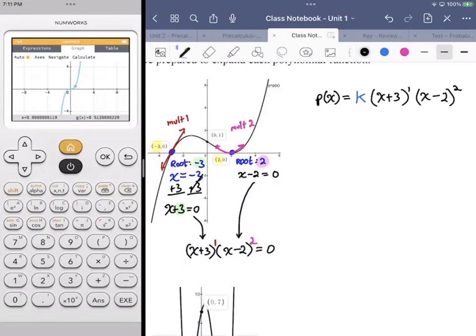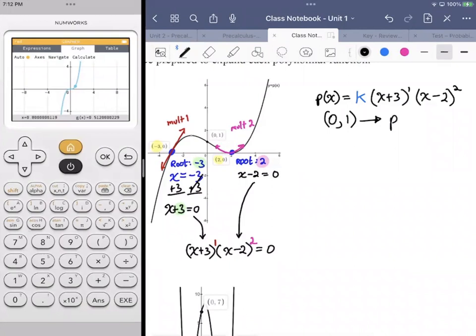All right, so we're a k away from having it. I just got to figure out what the k value is going to be. And you notice in the picture, I have 3 coordinates given to you. We used 2 of them, but I ignored that last one. That's going to be the key to everything, because if I know that the coordinate 0, 1 is on the curve, what that means is, this goes back to what I was talking about before,